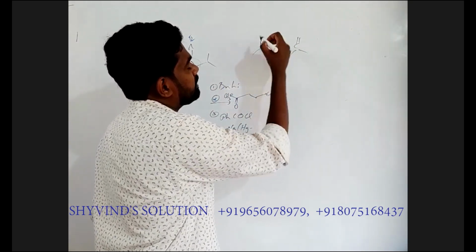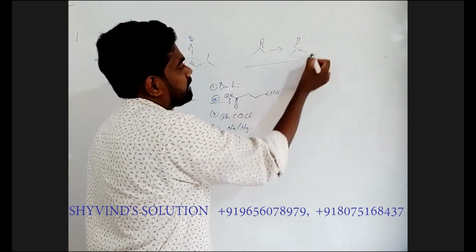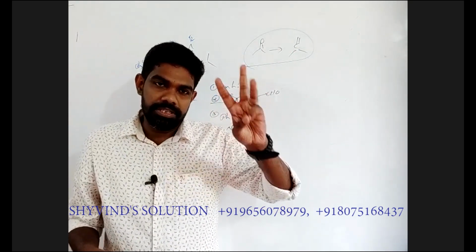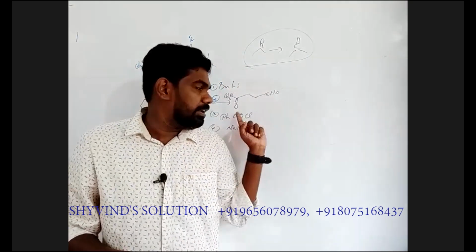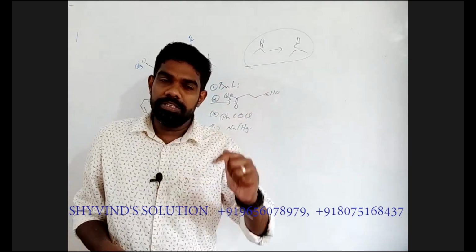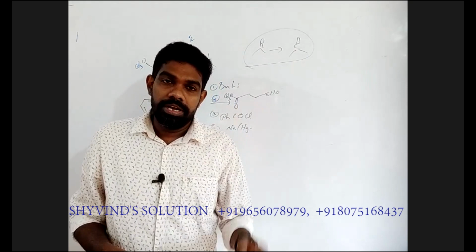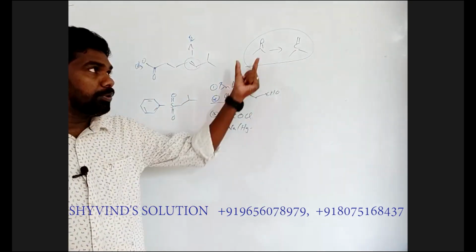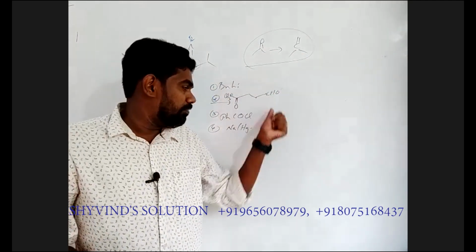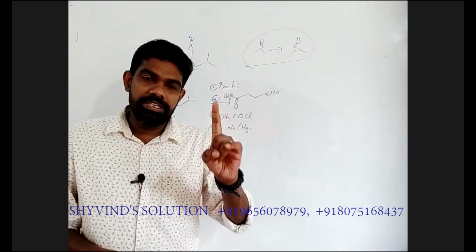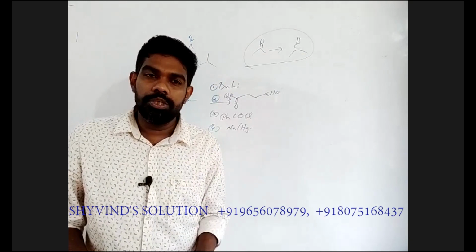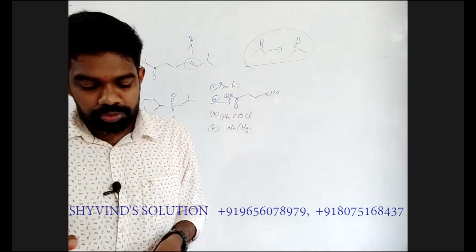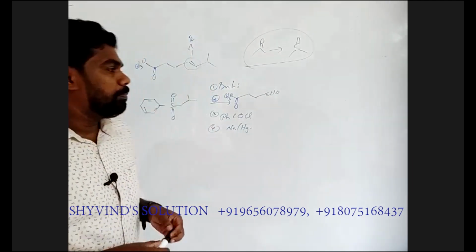Okay, this is known as olefination reaction. We have 4 olefination methods. One is Wittig reaction, then second one is this Julia reaction, we have Peterson reaction, and we have Tebbe's reagent. These are the 4 methods to convert C double bond O to C double bond C. Of this, it is given Julia reaction. Julia reaction always gives you E product. That is the thing you should remember.